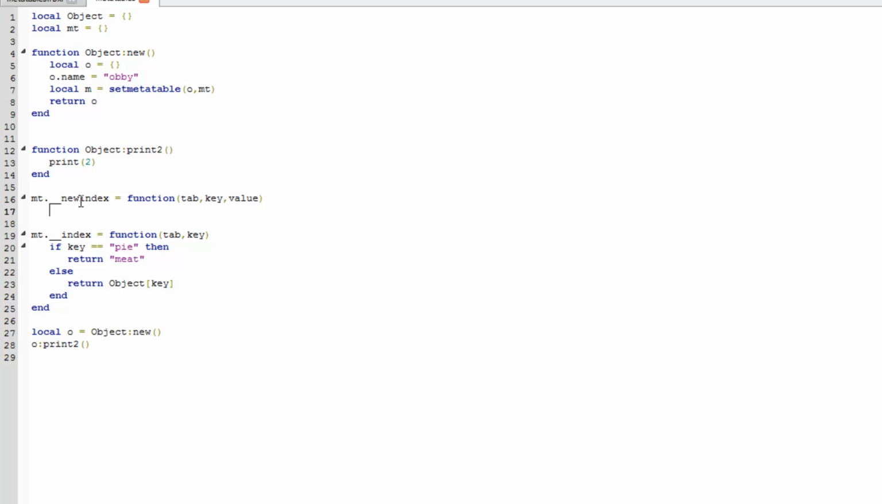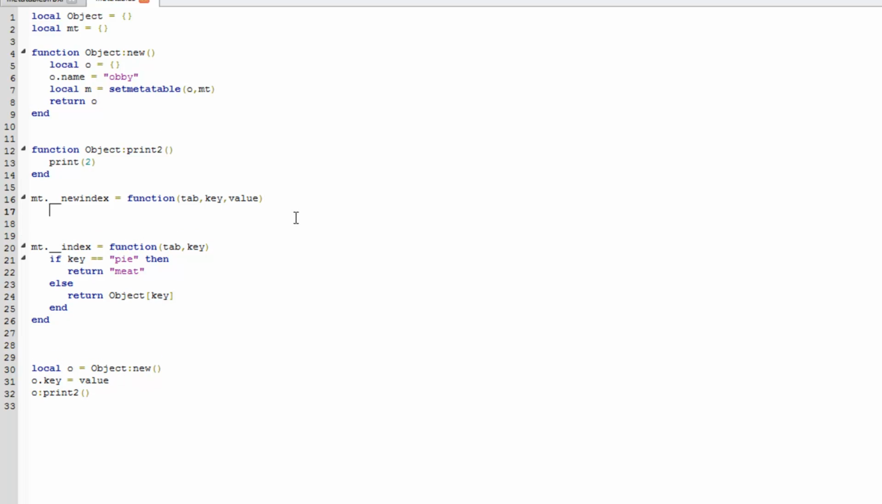Now we need the value because that's what is going to be table.key equals value. So with our object here, it will be o.key equals value. Key is this bit, value is this bit. So if key equals, say, pi, if they've tried to change what pi is, which they're not allowed to do,